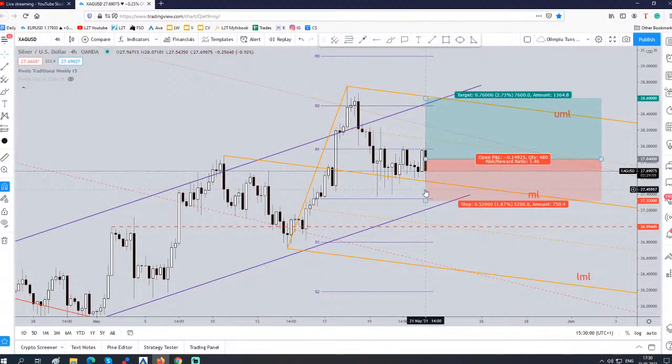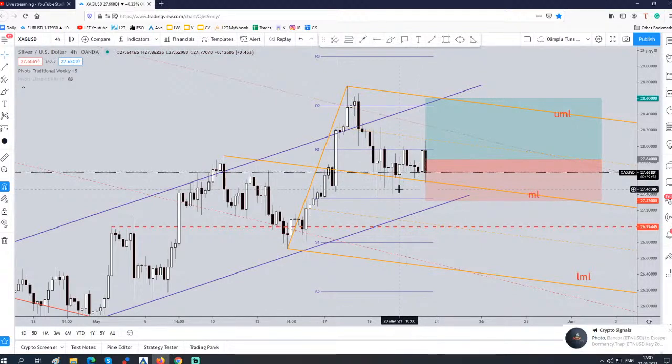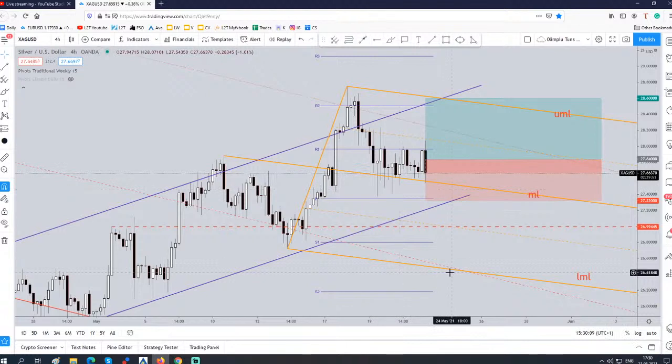The price has dropped below the medium line, and a new false breakdown, maybe with great separation, could bring us an increase in silver. Okay, so that's why I've decided not to close my position in silver. I've decided to keep my position open, to keep my stop loss here. And